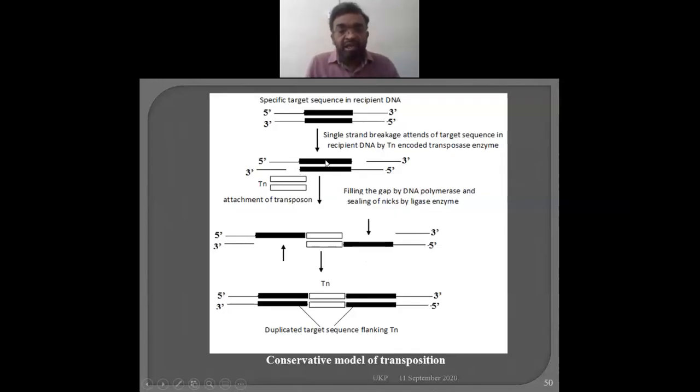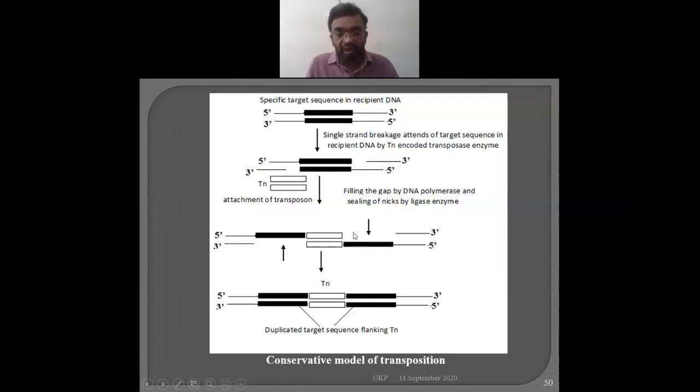And these are the specific target sequence. So this target sequence is recognized, and then the system wants to incorporate the transposon here. Now when it gets inserted here, it gets attached here, and this other strand gets attached here. But what happens due to this: formerly this part and this part were complementary, as shown here. But due to the incorporation, now this is detached and this is also detached. Now here gaps are created, and these gaps should not be maintained as they are. They should be filled.